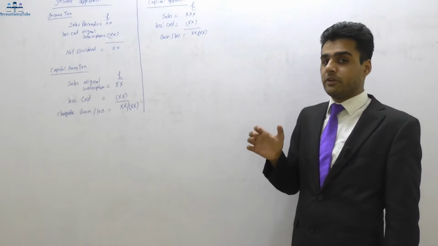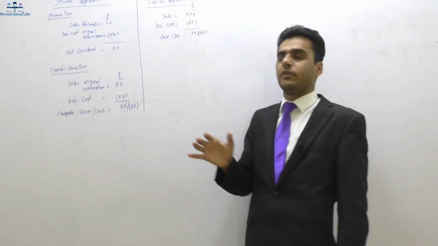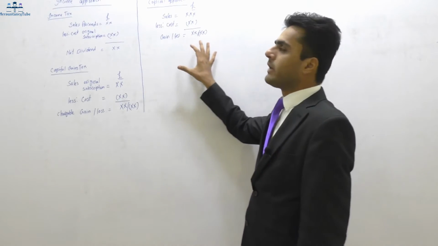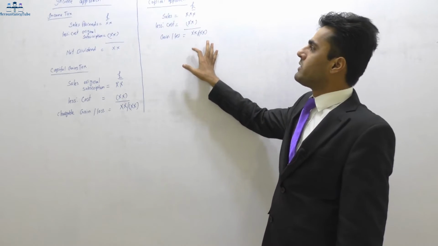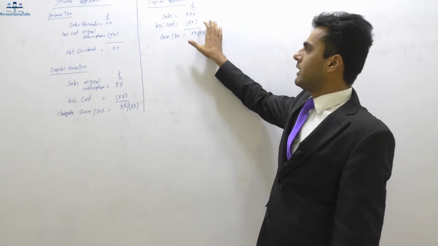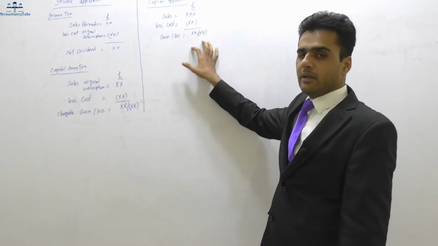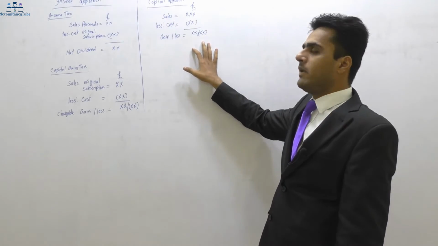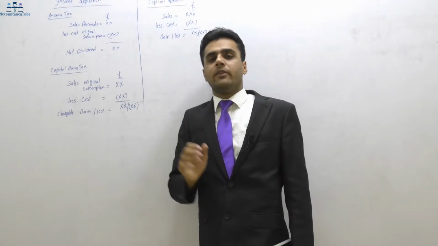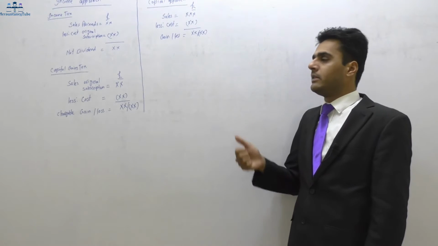And depending on the residential property as well, there will be different rates. Anyways, if the capital approach applies, then we will take the sales and deduct the cost out of that. Sales in this case would be the market price. And whatever the cost was, it will be either the capital gain or the capital loss, and we will calculate the capital gains tax at the rate which would be applied in that case.